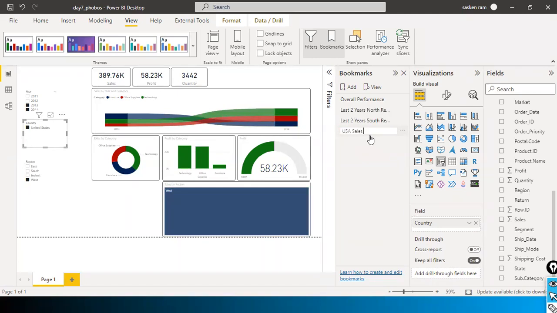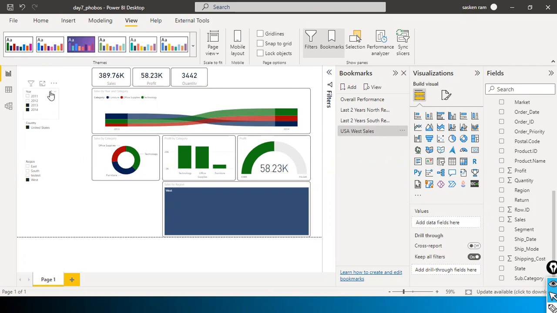USA sales, USA West sales, West region sales. Okay, I just put it like this. Done. So this one shows the USA West sales for the last 2 years. Very good. And finally, what I do is I just go ahead and click on this one